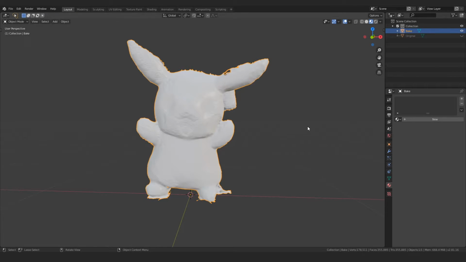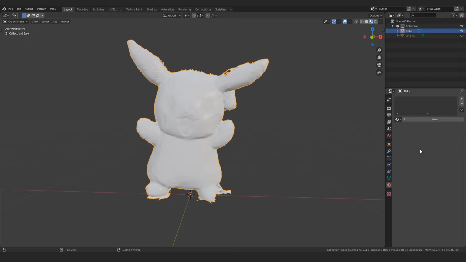Now again, if you imported your model without those texture images in that folder, this is probably what your model is going to look like. So again, make sure you have those image files inside of there, but by the time you've reached this, you most likely have already done that. Alright, so this is what a 3D model looks like inside of Blender when it doesn't have any materials associated